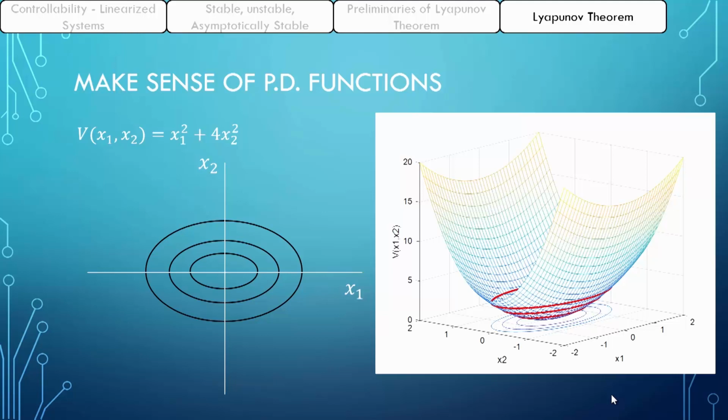So again, this second slide is also a PD function, right? It's also positive definite, which is 0 at 0 and V is non-zero elsewhere. But the level set is not a circle anymore. It's kind of an ellipse. So it's possible that given some level set condition,